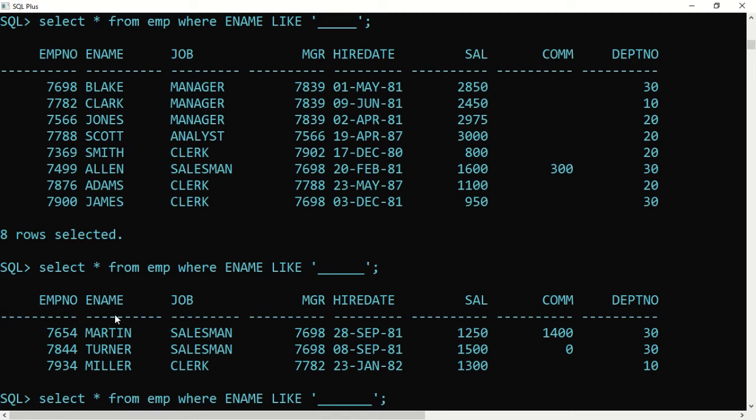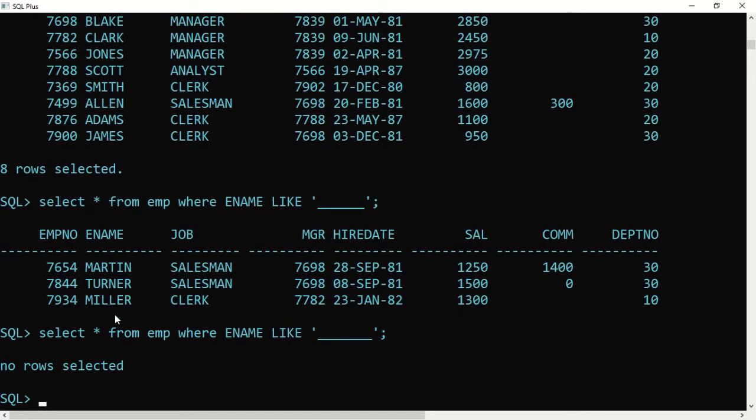Is there any person with 7 letters? There are none. So that means we have persons up to 6 letters, and no employees with a 7-lettered name.